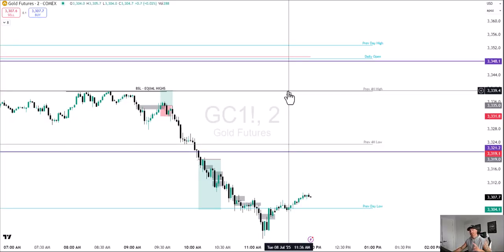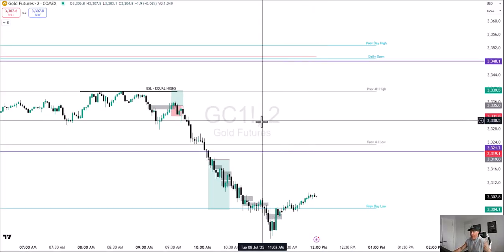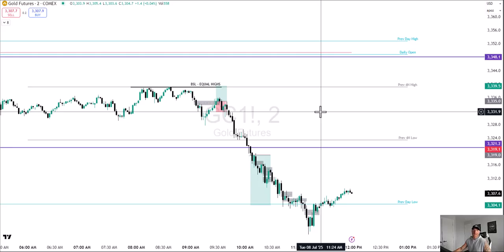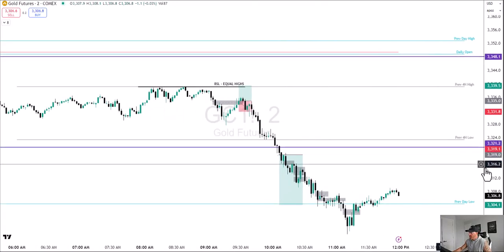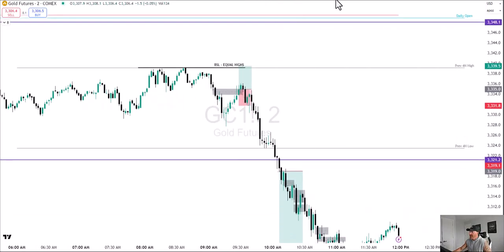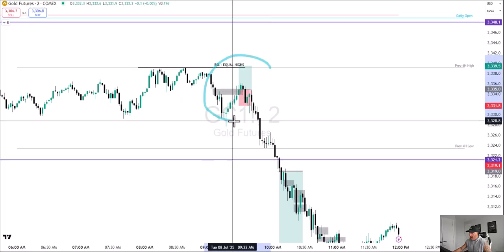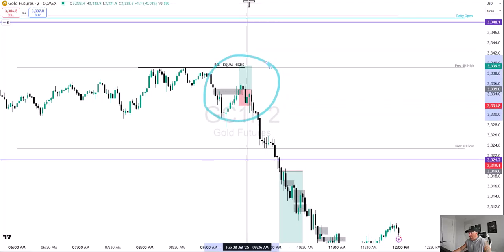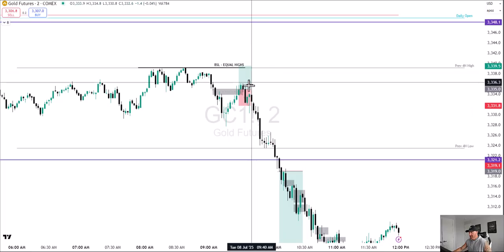4 trades, 1 loss, 3 wins. We had a banger on gold, and then the wins on Nas were pretty small, but 20 points on Nas is 20 points on Nas. That's a nice trade. So the first trade was right here. It was a long, basically the liquidity sweep model. I had confidence in it. I thought we were going to get it. We just didn't. It just faded right away.